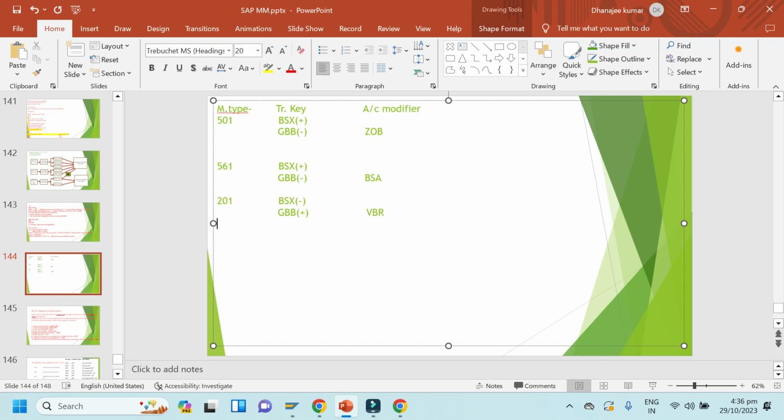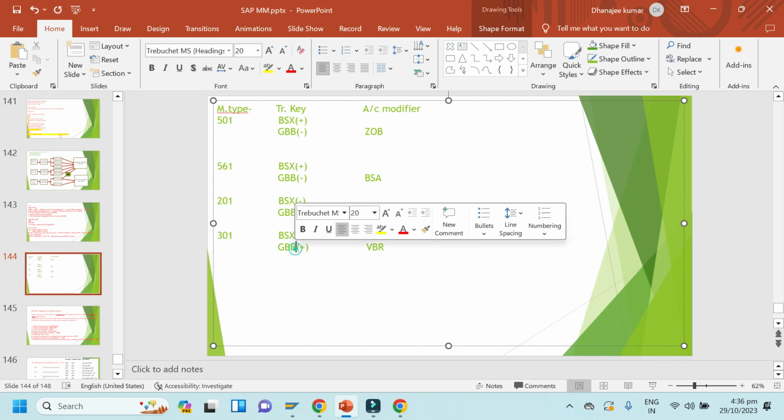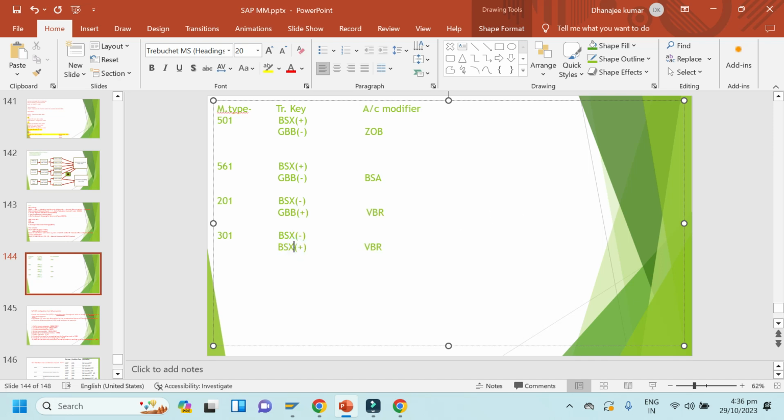Okay, for the 301 case, let me copy this. For 301, this is just a simple overview. In 301 inventory stock will decrease, and again BSX, one will decrease, one will increase, because 301 is nothing but a stock transfer from plant to plant, right?